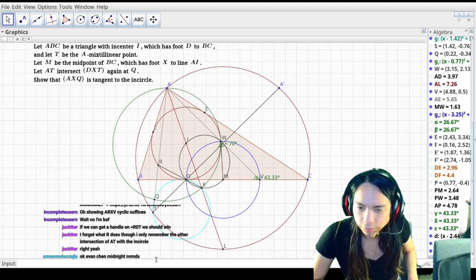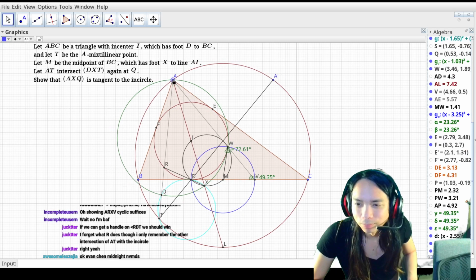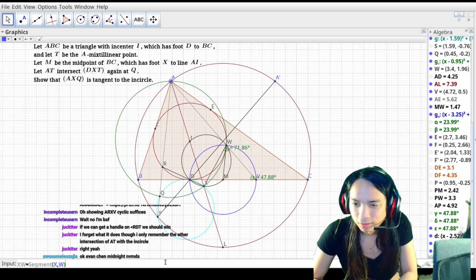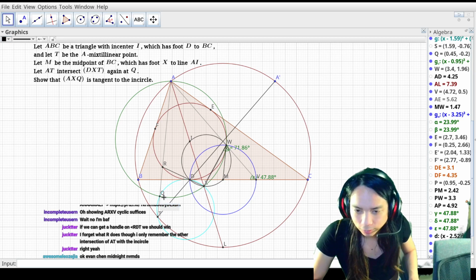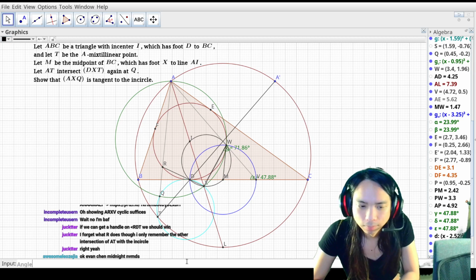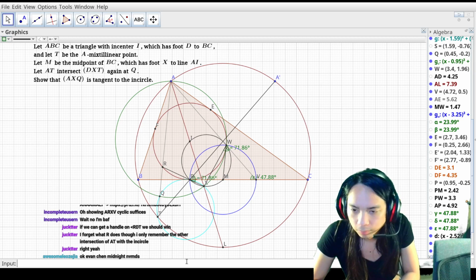Wait, now I'm confused again. I keep confusing myself on what exactly I'm trying to do. Okay, so the Q angle here is equal to that XWV. So one of the goal angles is that angle. The other goal angle is this XDA prime, which is weird. But yeah, the goal is to get those angles equal, and then XWV,